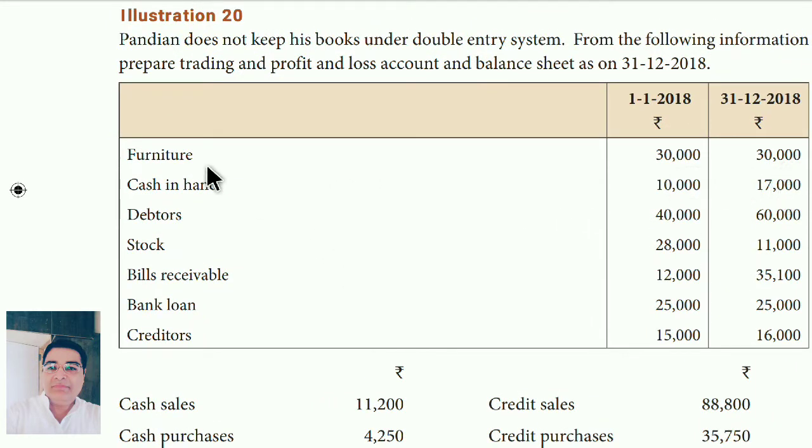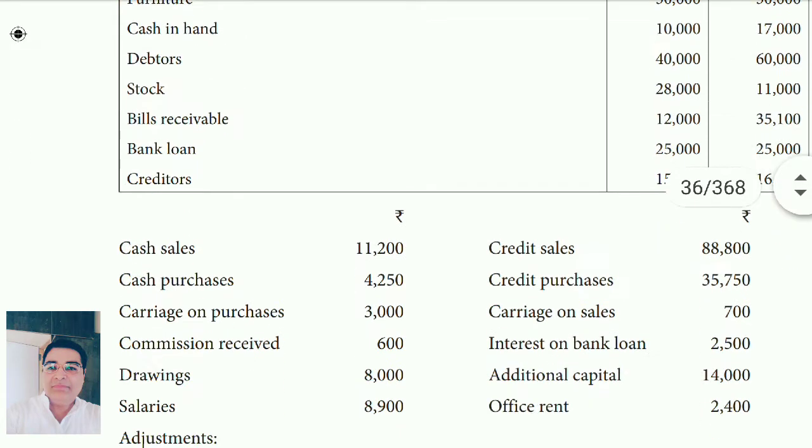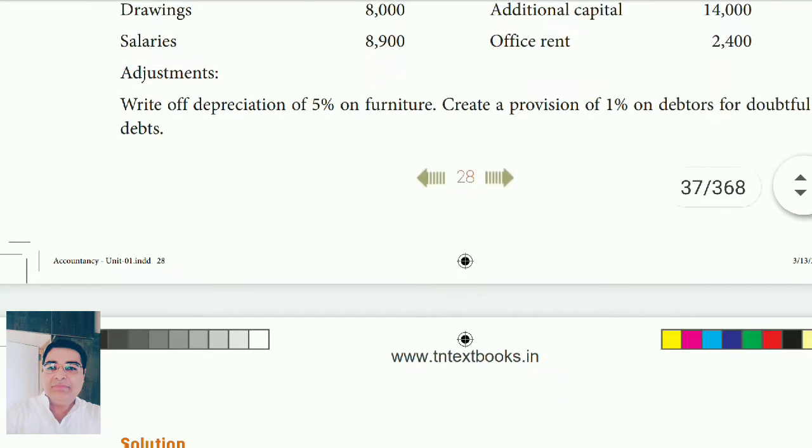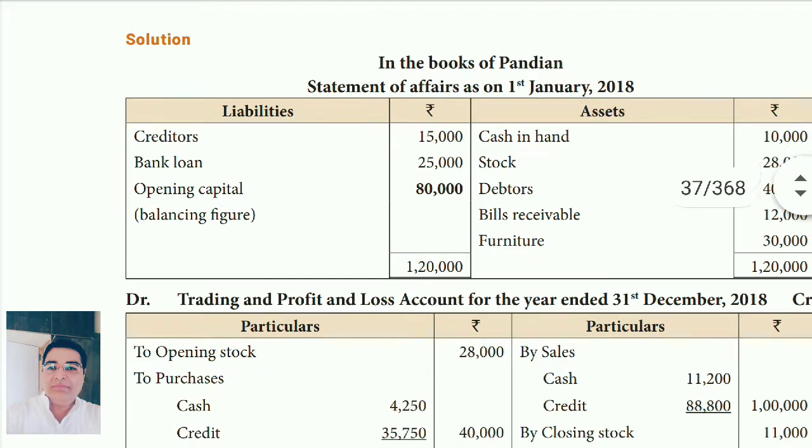starting onwards. First one is furniture, cash, debtors, stock, bills receivable. Up to this all items are assets items, and bank loan and creditors, 25,000 and 15,000, are liabilities items. So you have to write in the liability side 25,000 and 15,000. Now you see the statement of affairs, where we have to write only the opening date amounts. Now you check here